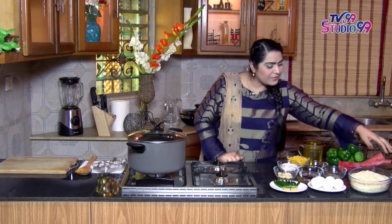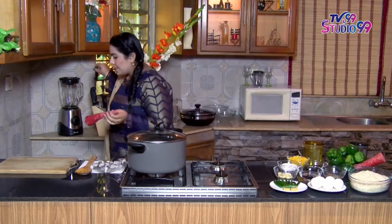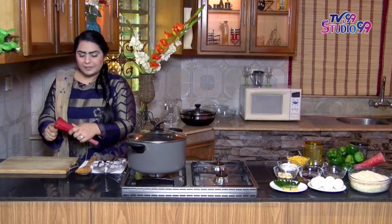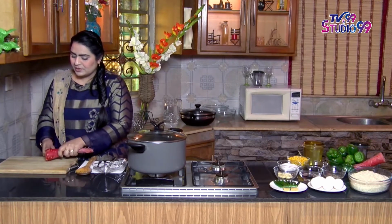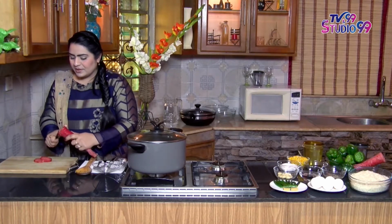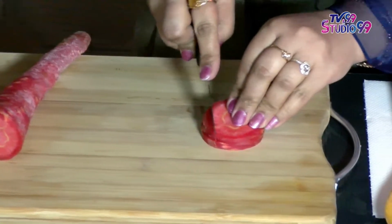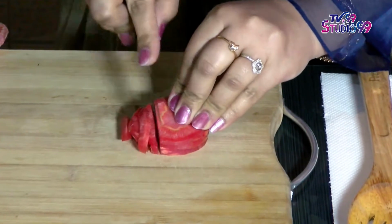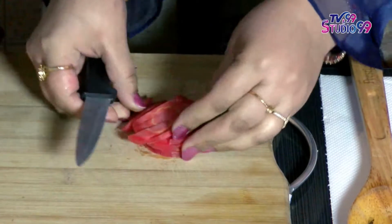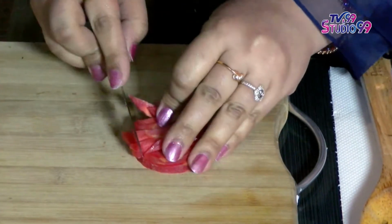So first of all, I will chop the carrot. So they are already peeled. So what I'm gonna do, very thin layers of carrots, and we're gonna finely chop them. So I'm just keeping 2 to 3 of these together and just gonna finely chop them